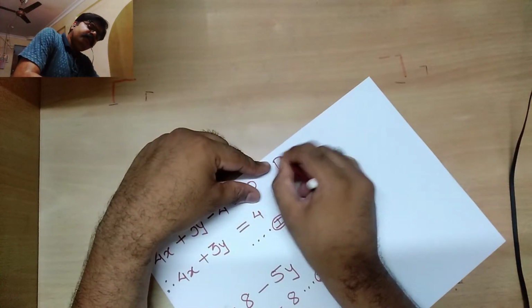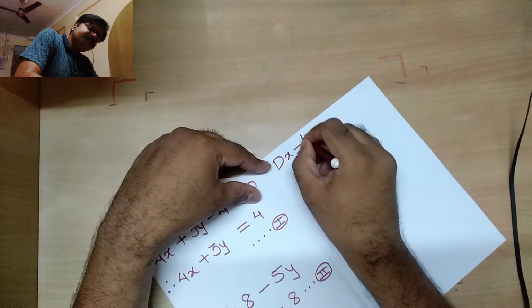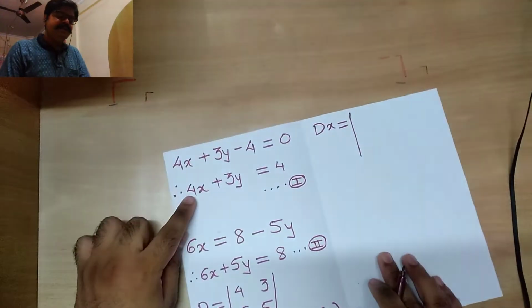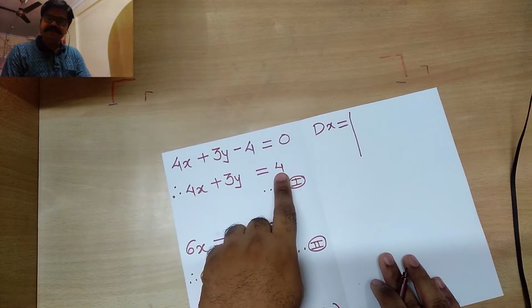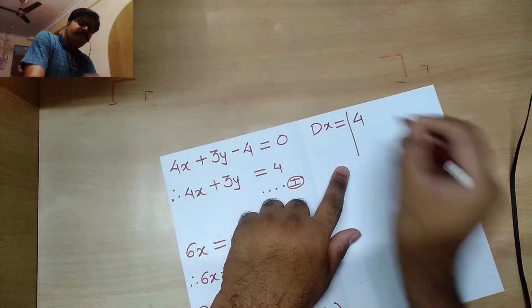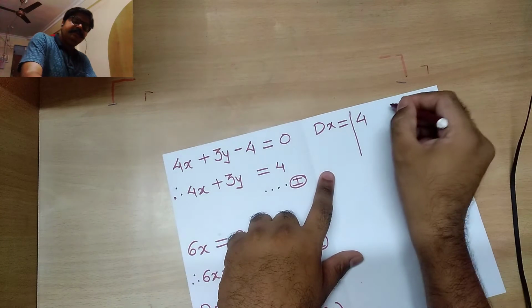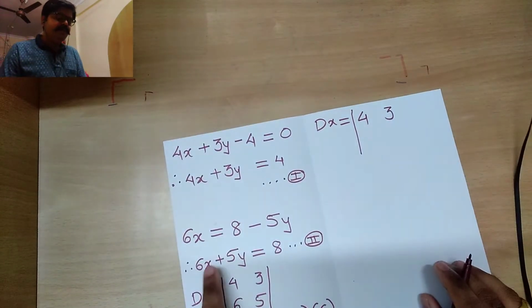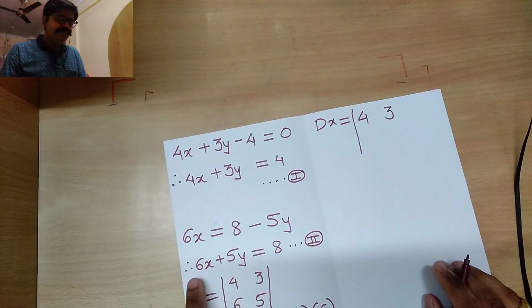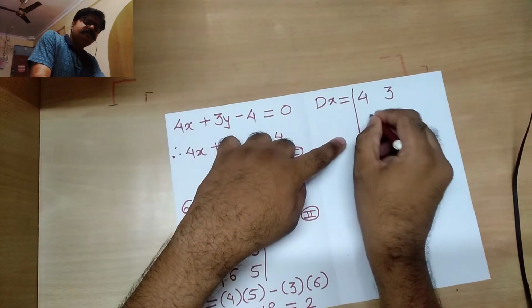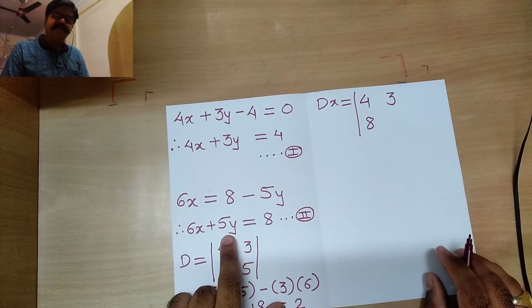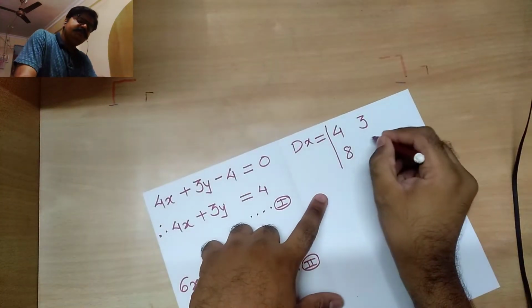Therefore while calculating Dx, instead of 4x or instead of 4, I am going to substitute this 4 followed by this 3. Then in this equation, instead of this 6, I am going to substitute this 8, and 5 will go as usual. Therefore this will be 5